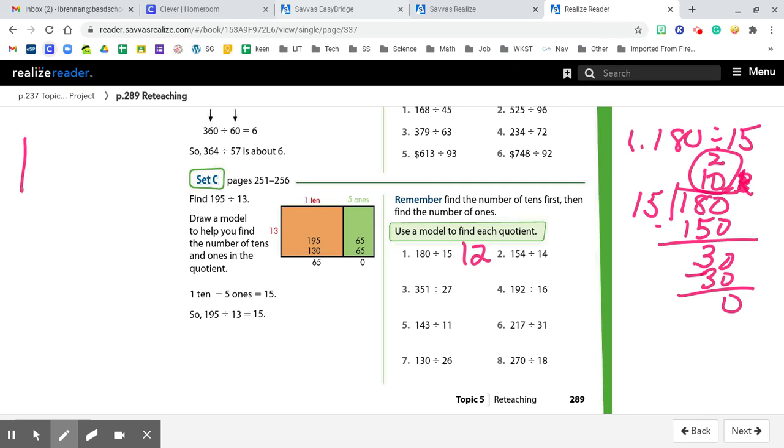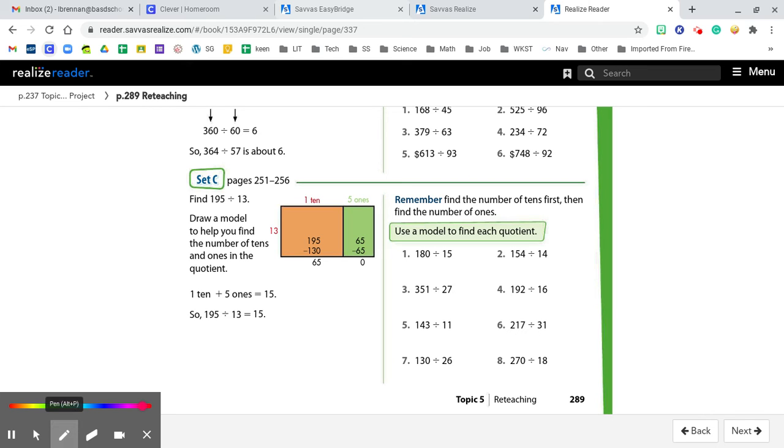And if you want to show that in your box, like if you want to do the boxy way, you're starting with 180. And we've got 15 over here. So we decided we're going to take out 150. And then we have 30 left over. We're going to take out 2. So that's another way to do it. Either way, for number 2,